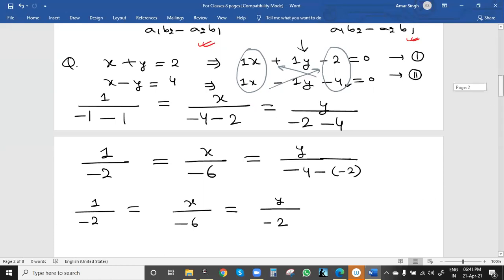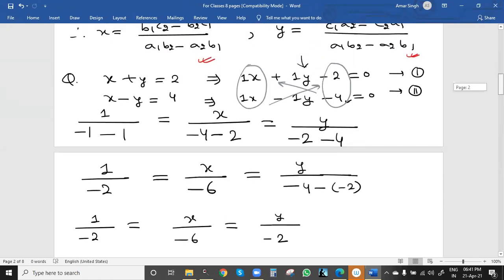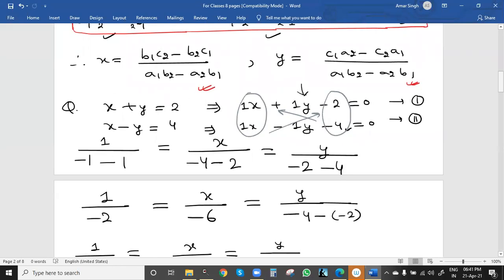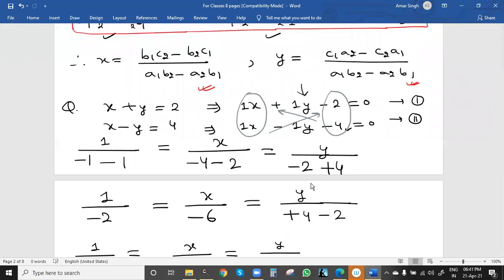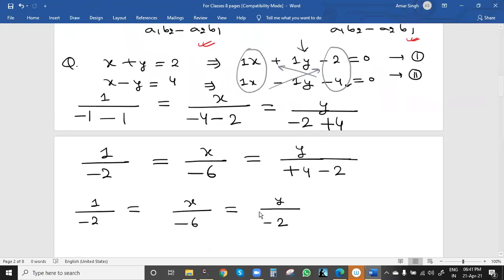So this will be, so y should come as positive, minus 2. Okay, C1 A2, we have C1 A2 minus 2, it is minus 2 plus 4, sorry, minus 2 plus 4, because based on the formulas 4 is the value. Minus 2 plus 4, that is equal to 2, that is equal to 2 plus 2.